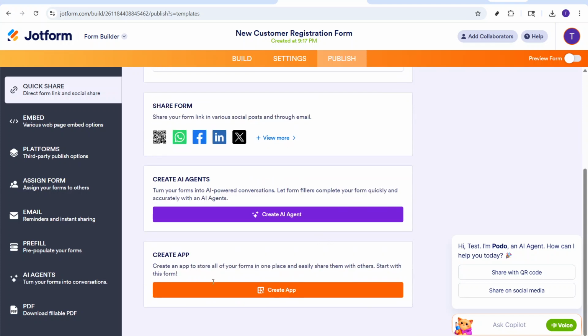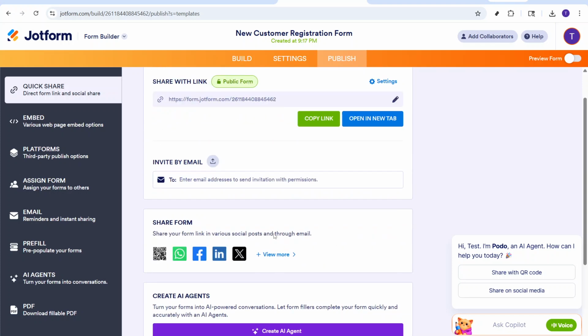In just a few simple steps, you've learned how to build and manage forms using Jotform. This process takes mere minutes, but the data you can